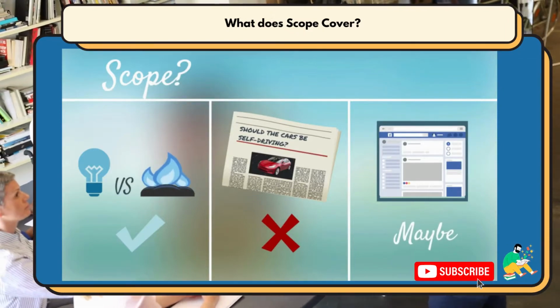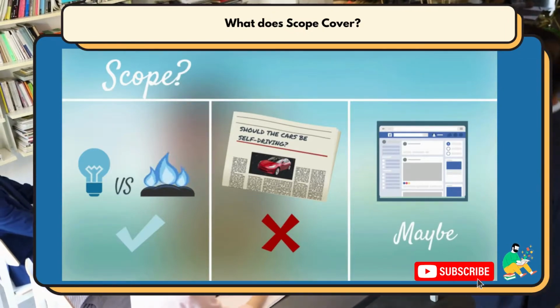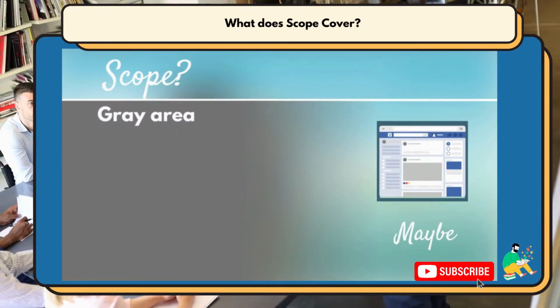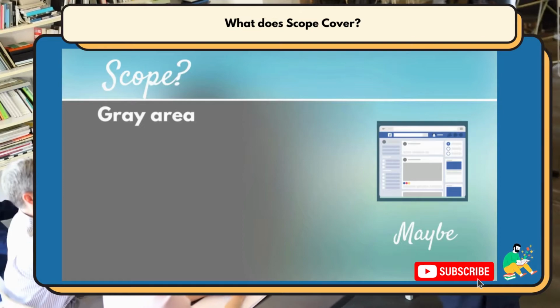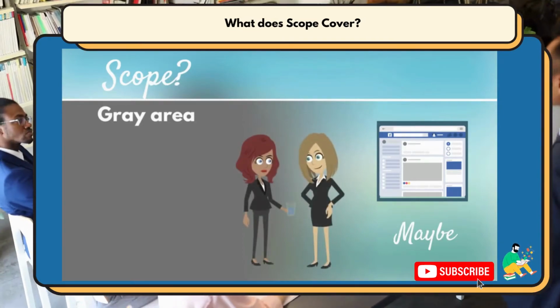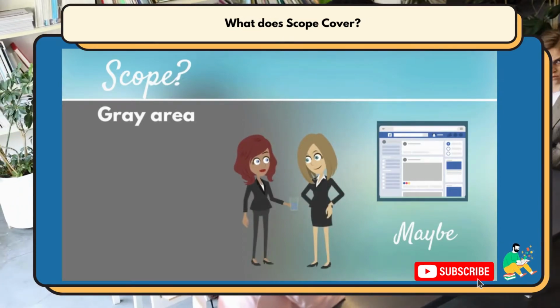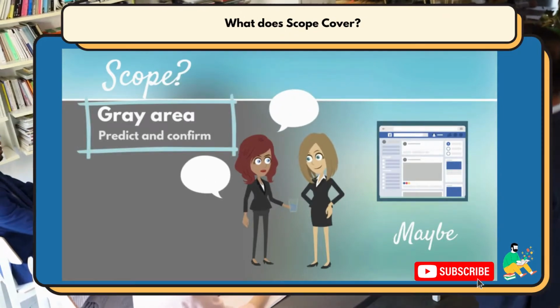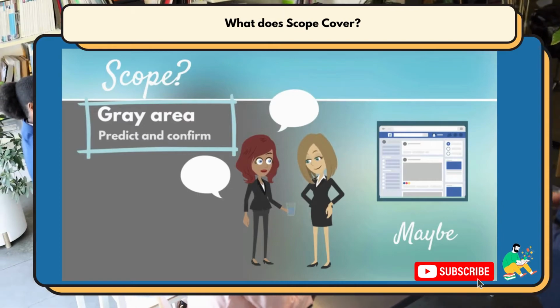It's not always clear where questions may come up and disrupt progress. A so-called grey area, where the team may be unsure whether something is part of the project. So, the sponsor works with the project team and the project manager, if they've been appointed, to try and predict where these grey areas may occur, and confirm any doubts.